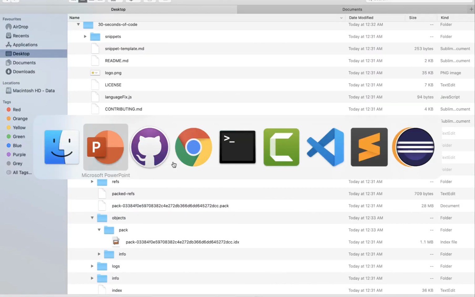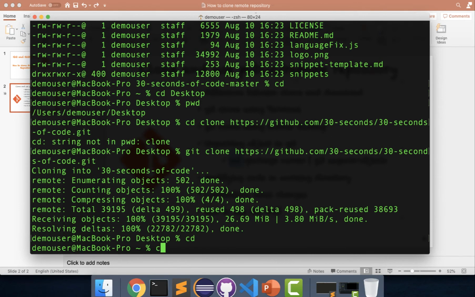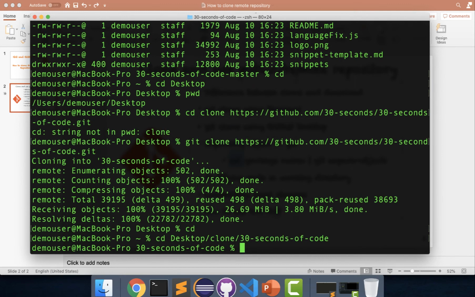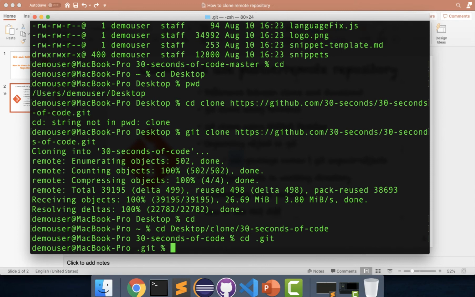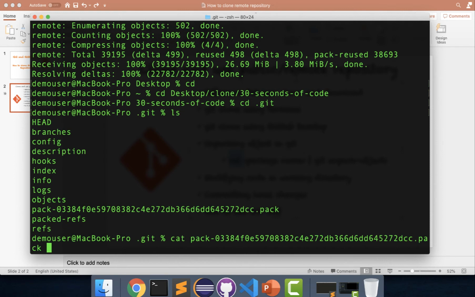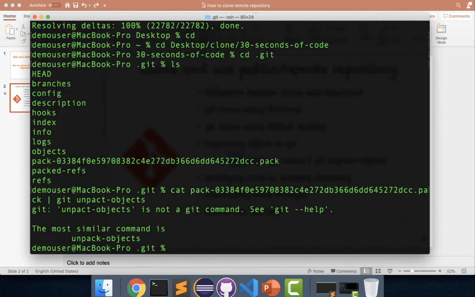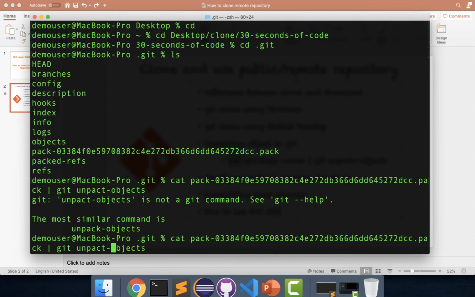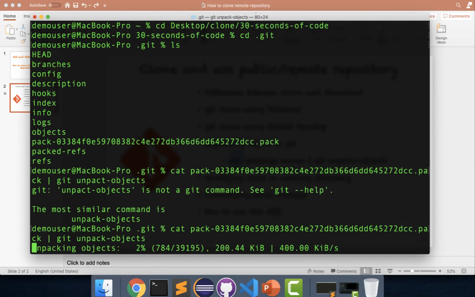So again, I'll go back to my terminal, and I will type cd desktop, then clone, then 30 seconds, and then I will go to the .git folder. Over here we have one file. We'll just check the name. So we have this file over here. I will type the command cat space the .pack file name space pipe symbol space git unpack-objects. So you can see now it's